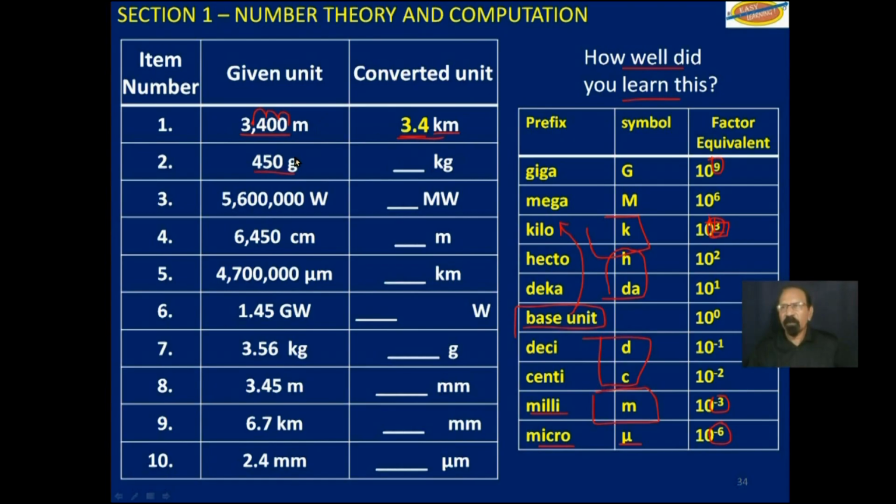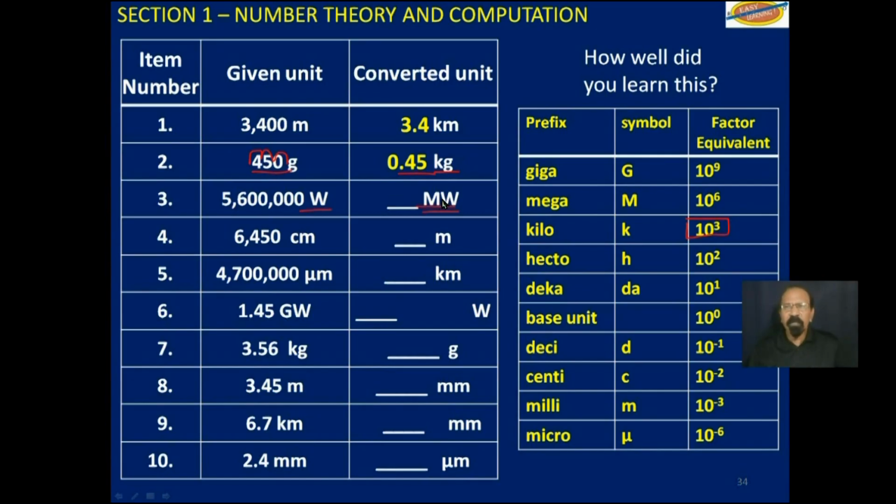450 grams to kilograms. This one should be very easy, especially in the light of the first one that we just did. Without looking at this table we have on the side here, because kilo means 1,000. So you are converting grams to kilograms, if you forgot. You would divide by 1,000. Shift the point 3 places to the left, 1, 2, 3. And what do we get? 0.45 kilograms.